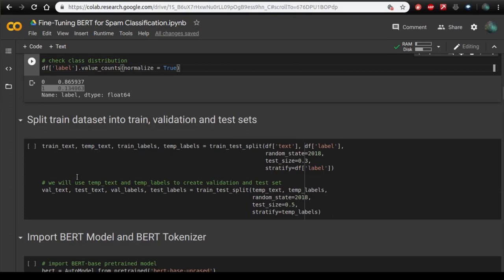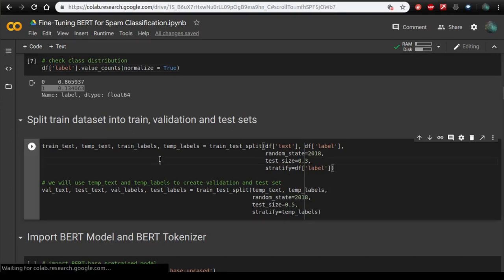Next, I will split the dataset, this df, into train, validation and test sets. Okay, so over here, first of all, I am extracting the train dataset, train text and train labels separately, and this temp text and temp labels are nothing but temporary dataset that I will use to create the validation set, this one, and the test set, this one, and test labels.